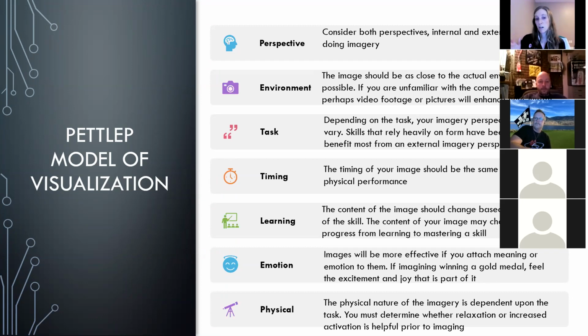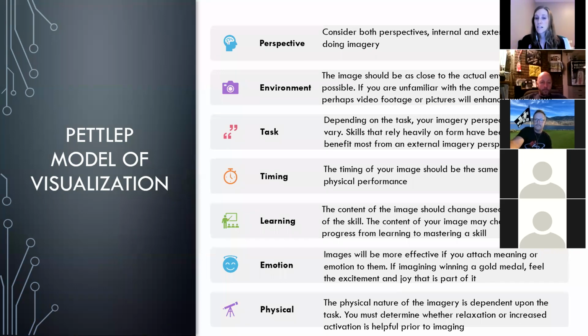What we're going to see in terms of learning is that if we took a very new novice golfer, their visualization process is going to be very different than an expert elite pro golfer. That's very normal because their brains know the game differently. They have different physical skill levels. So that's one thing to keep in mind, especially as you're physically progressing and getting better with golf, that your visualization is probably going to change slightly too, just because of what you know and how your skills are changing.